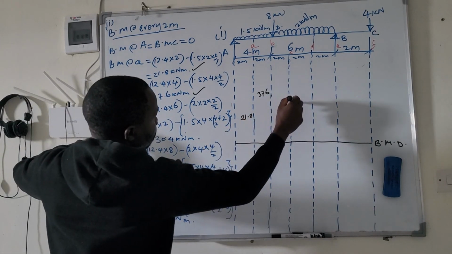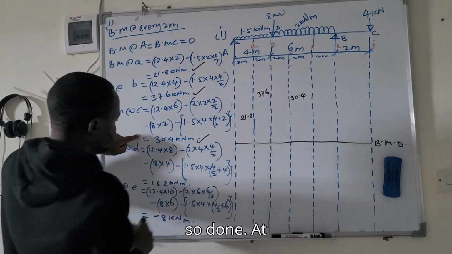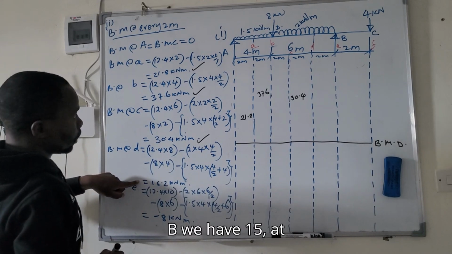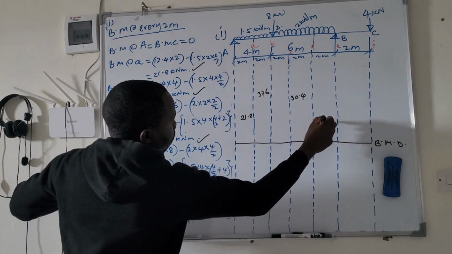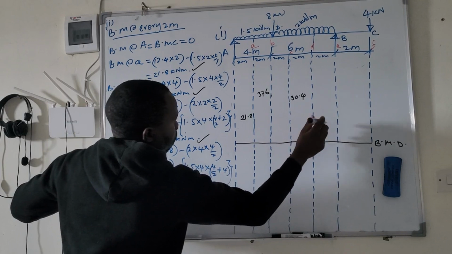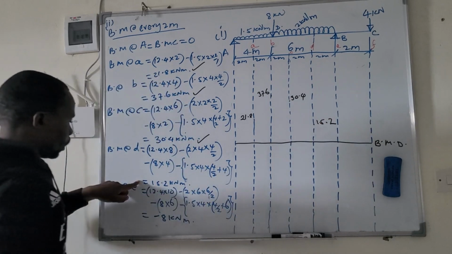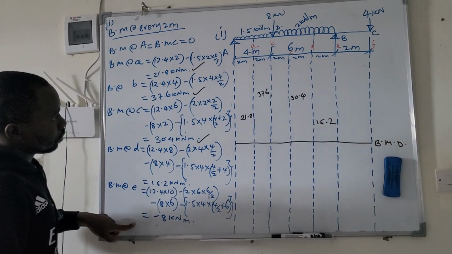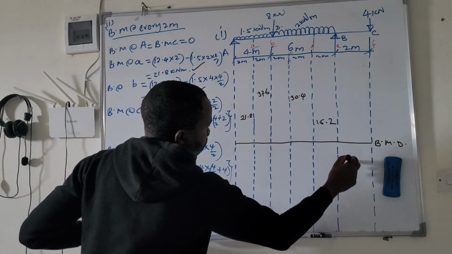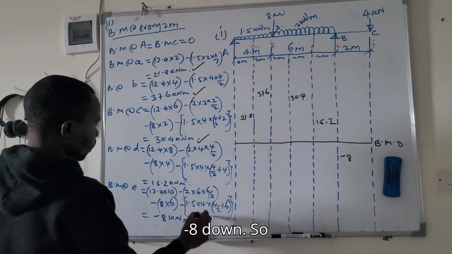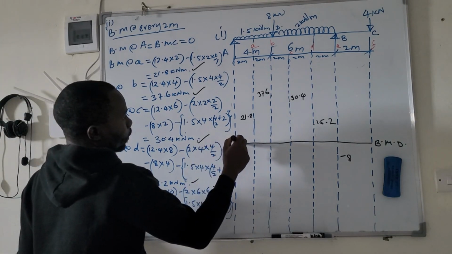At C you have 30.4. So done. At D we have 15.2. Then at E we have negative 8. So at E, negative 8. Done. So we just from here is a smooth curve